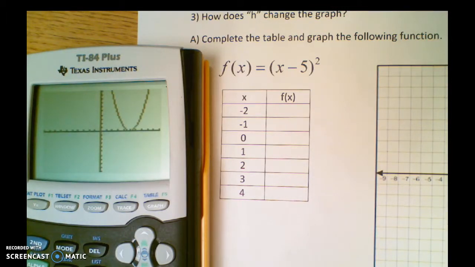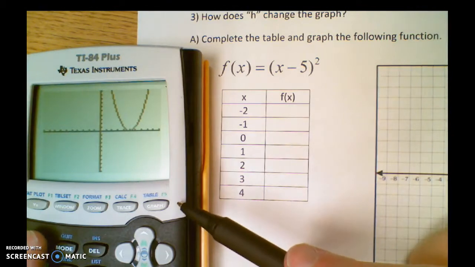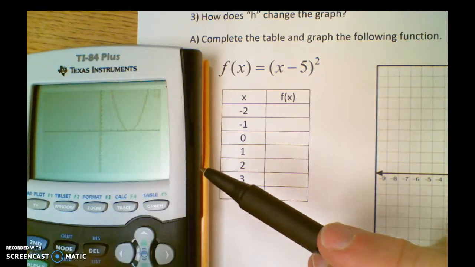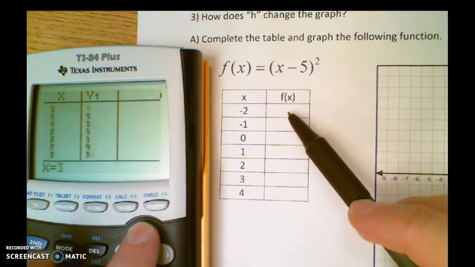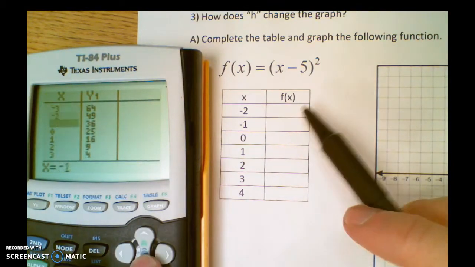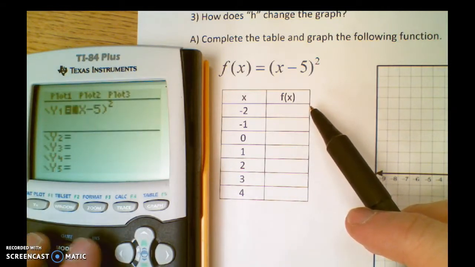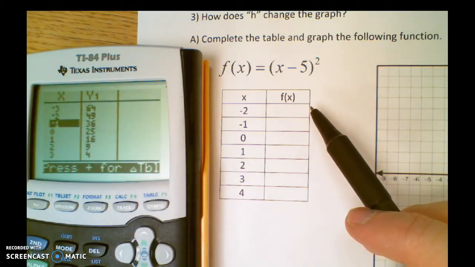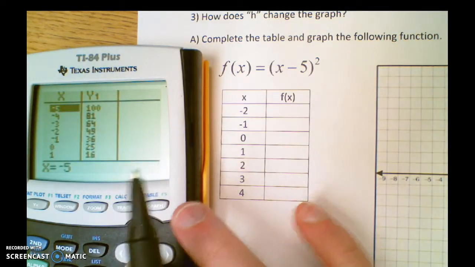Alright, so I kind of get a sense of it, but I want to be accurate with my graphing, so I'm going to complete this table. On your calculators, remember if you hit second and then graph, it gives you a table. Now I don't want just any numbers, I want the numbers that are listed on my table, because those are the ones that I'm going to be able to graph with. Okay, so starting at -2,